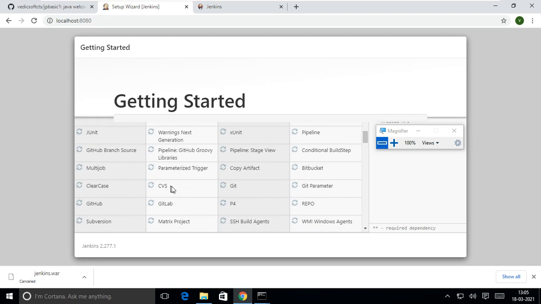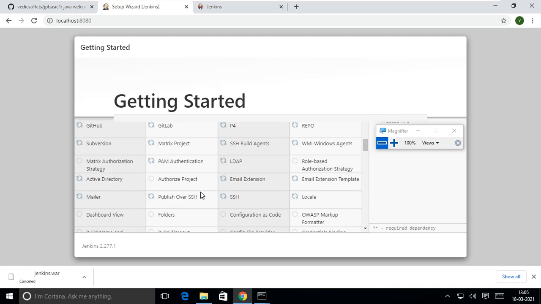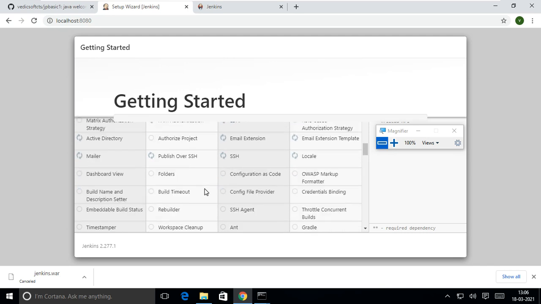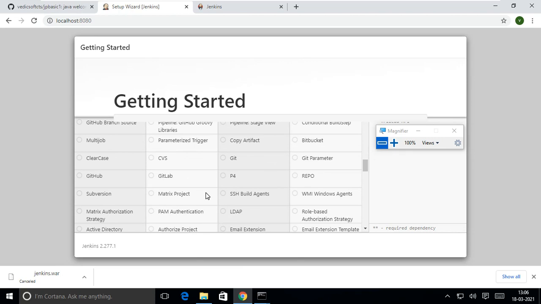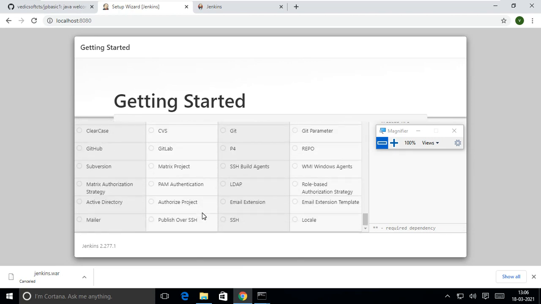Git is required. GitHub is required. GitLab is required. For authentication we are using normal authentication. If you want SSH connections, SSH is important. Active Directory plugin is also there.